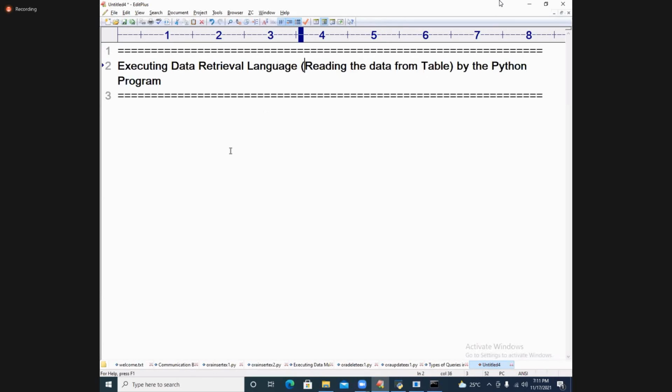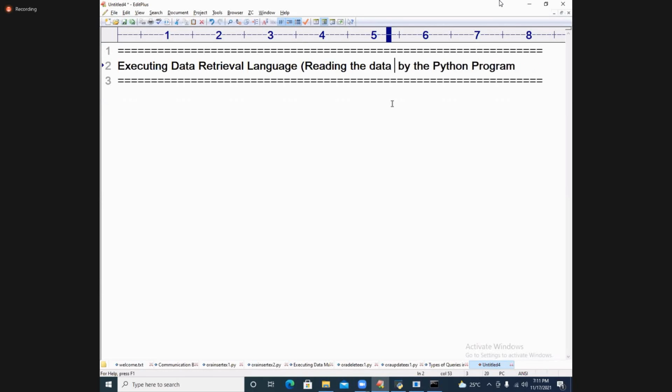DRL, data retrieval language, through a Python program, reading the data from the table. So I can go for it like this, reading the data. Easy or difficult? Simple.